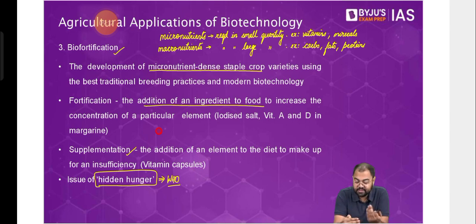So what is happening in these cases is that although they are eating, although they are not starving, and you can't say that they are grappling with hunger, yet all the parts of the diet that are ideally required for the body to function, grow and develop are not really being given to them. That's why in that scenario it is called hidden hunger. Although they get their food, they're not getting all the nutrients that are required for healthy living. Okay, so hidden hunger,